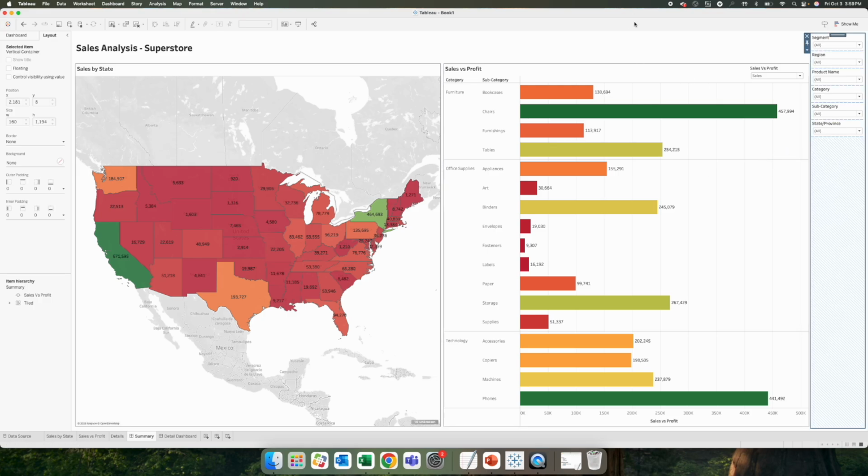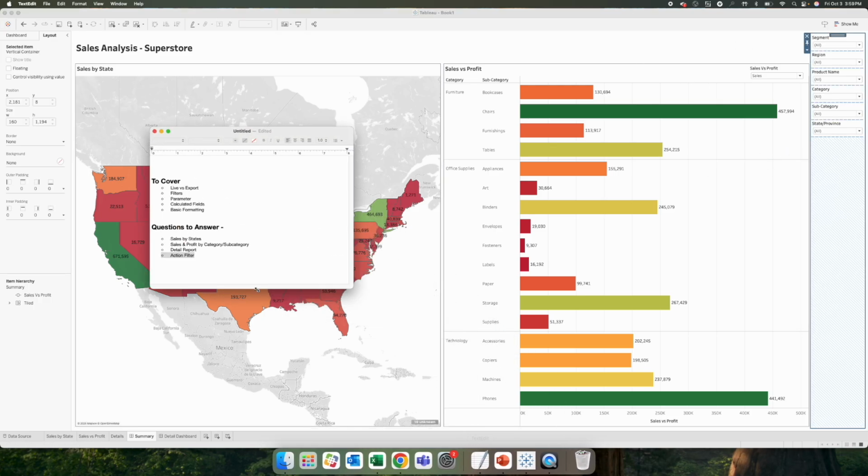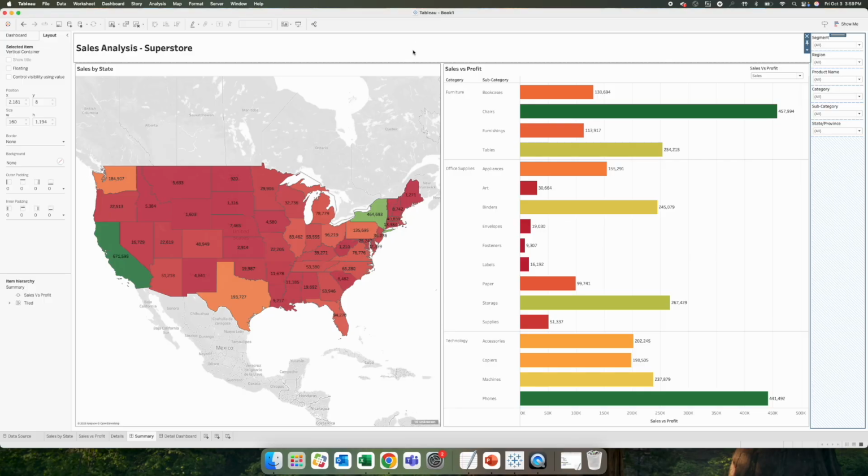Okay. So our filters are ready. So filter is also done. Now the only pending item is action filter. So what is an action filter? Action filter is basically, suppose rather than going into all this filter detail, you just want to enable a filter on click. Suppose if you click on this 29906, that is Minnesota state, and then the whole report as well as the detailed report get filtered only for this particular data related to Minnesota, right? So that click action we can enable using